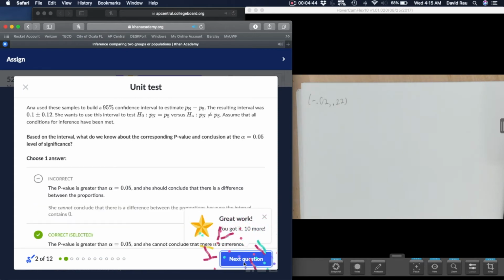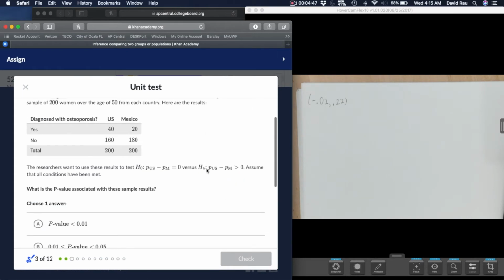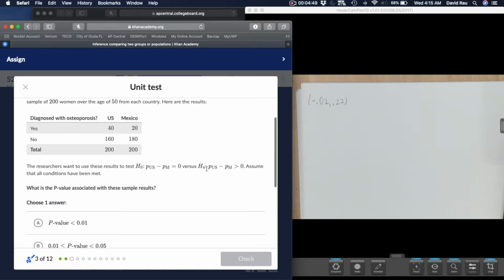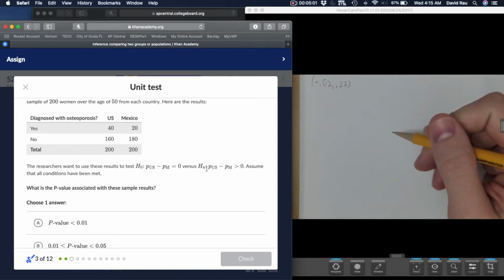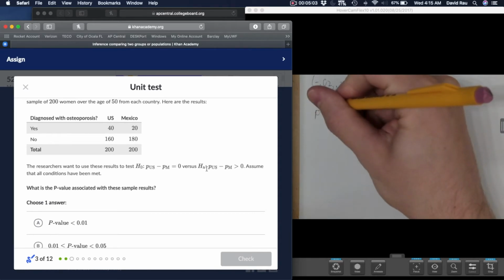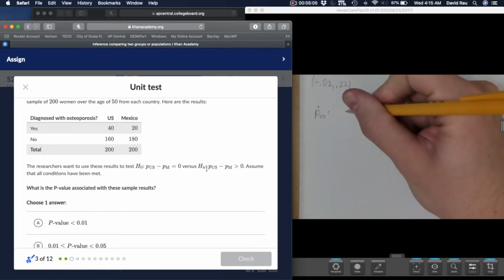Right? Up next, this time they're asking me to find the p-value. Okay, now I'm going to run through how to do this by hand, even though I really don't want to for sake of time. Let's make this a two-part video. First, we need to just find the proportion for US. That is, I'm trying to find